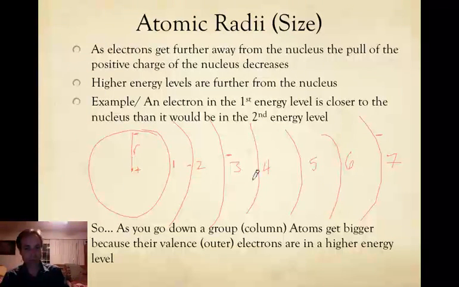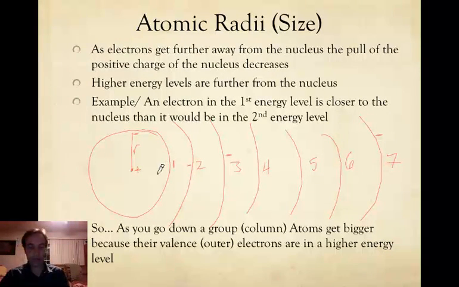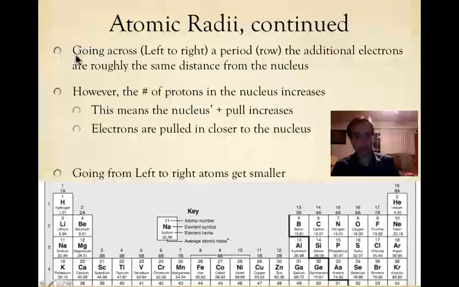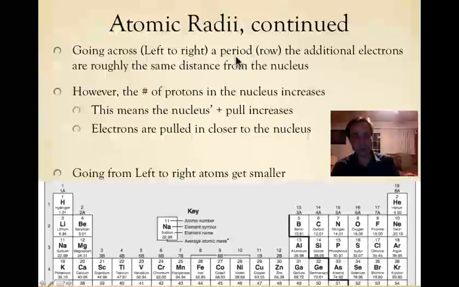So, what does that mean? Well, first of all, in terms of just sheer distance, as electrons are found in higher and higher energy levels, the atom is essentially bigger and bigger. So, as you go down a group, you're going to be going up the energy levels, which means atoms are going to get bigger because their valence electrons are in higher energy levels. So that's the first idea of atomic radii. If we continue this idea, as we go across from left to right, meaning across the period or the row,